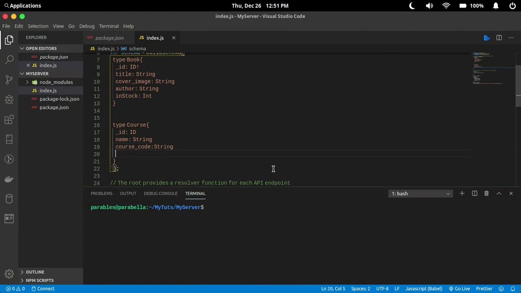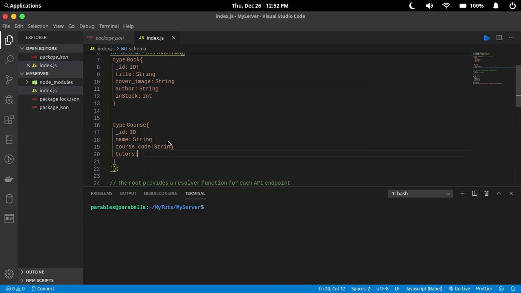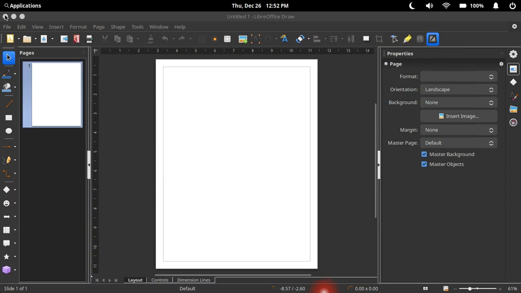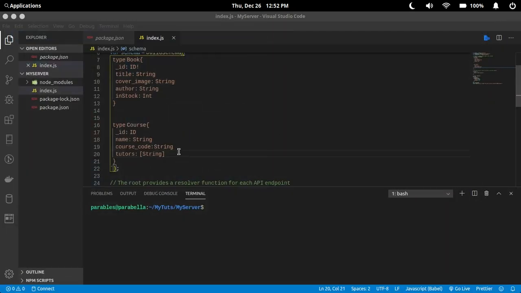I want to know if there are some facilitators, or let's say tutors, that teach these courses. Okay, so tutors that can teach this course. And I would right now make it a list of strings. Okay, so I would like to know the teachers that can teach this course, and again I'd like to know